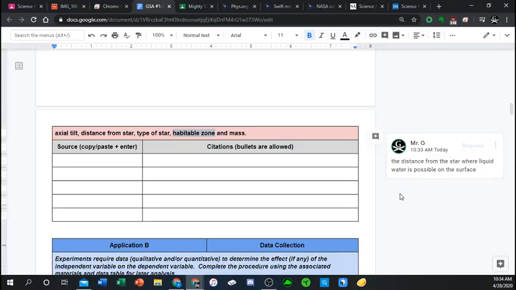Our sun is a main sequence yellow dwarf. So type of star? That means our star is kind of small, which means it doesn't burn its hydrogen up really fast. It will last a long time. So it's kind of on the small side, but it's in its middle life, its main sequence. It's not towards the end of its life. It's not towards the beginning of its life. It's very stable,